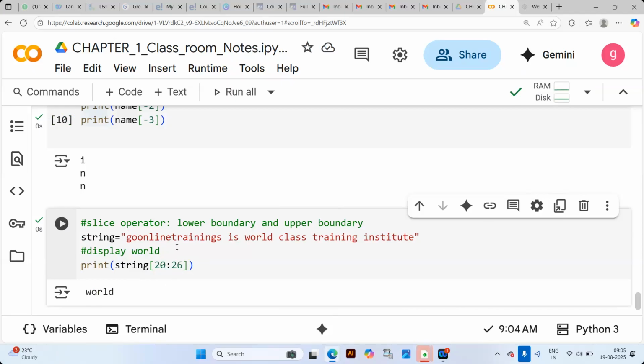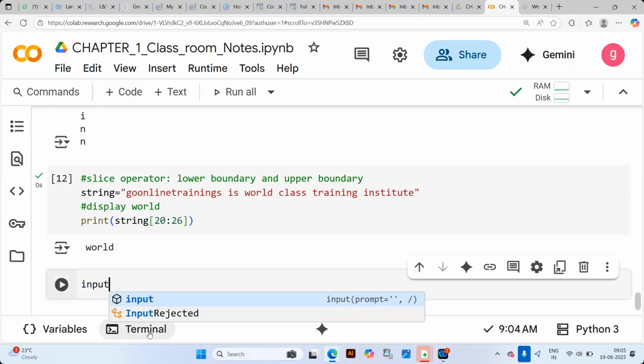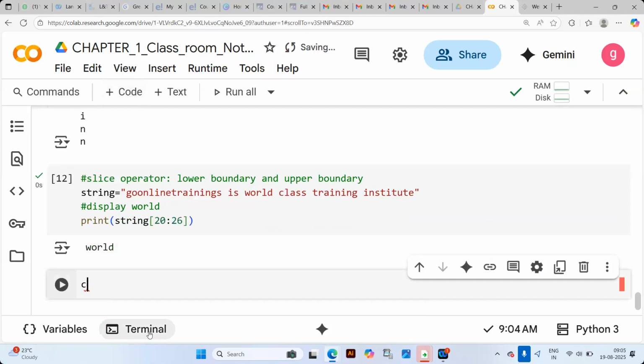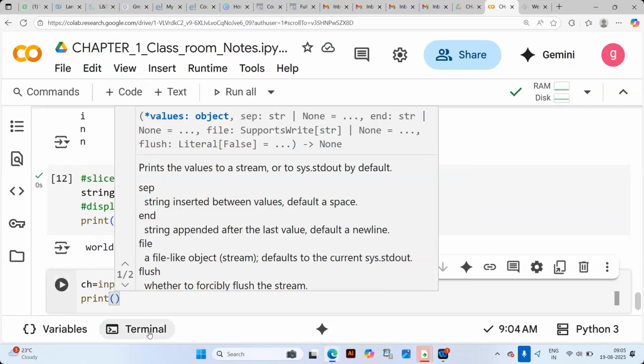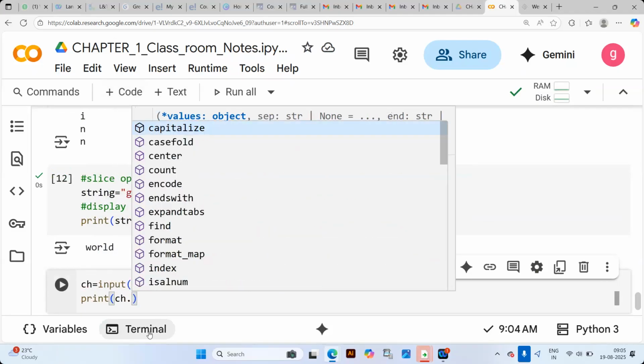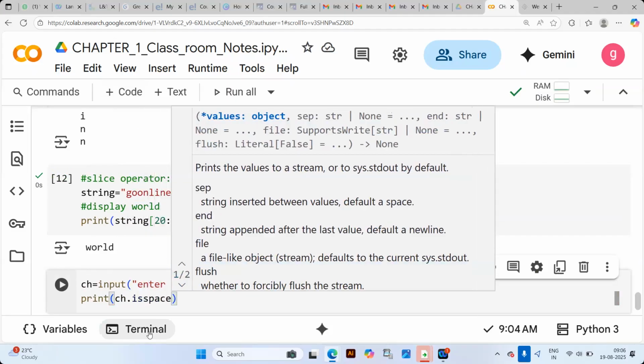We have certain functions to check whether a space exists or not. Let's suppose I'm taking one input, ch equal to input, enter a character. What I'm doing here is print ch dot isspace. Are you seeing there is a function called isspace?